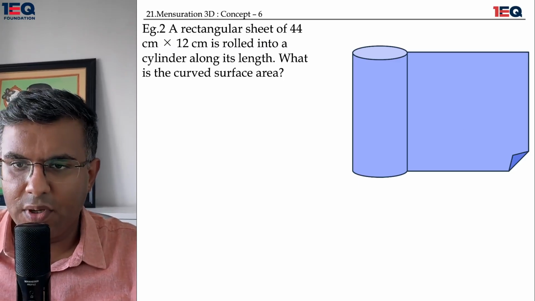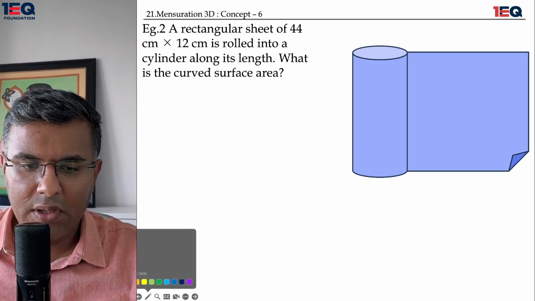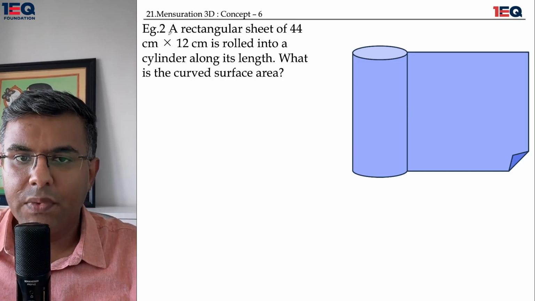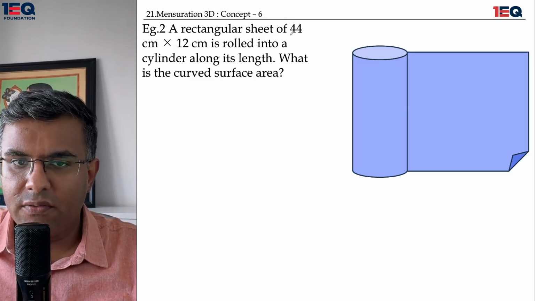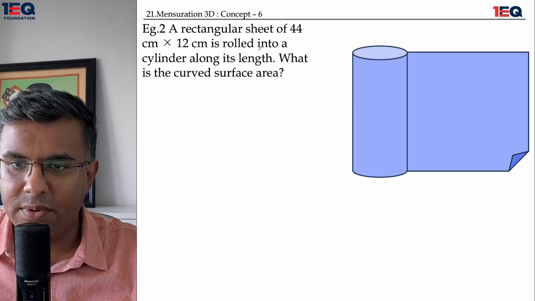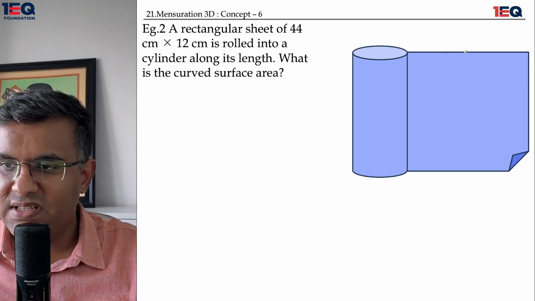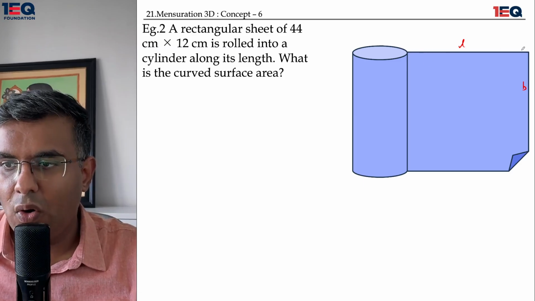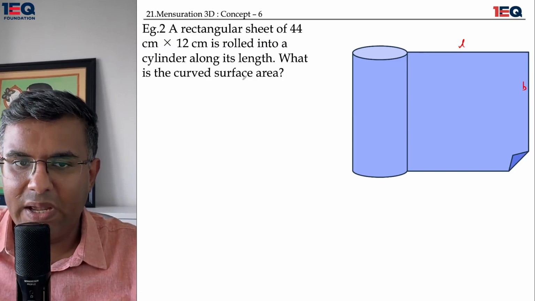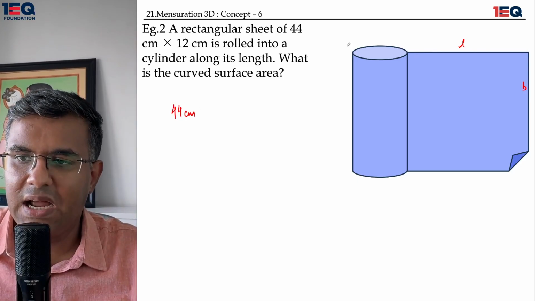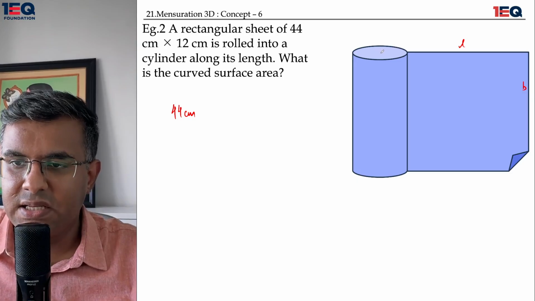So yes, we are on the next question. Here it says that a rectangular sheet of 44 centimeters multiplied by 12 centimeters is rolled into a cylinder along its length. So this is the length and this is the breadth. It is rolled along its length. That is why the 44 centimeter of length which it has gets converted to a circumference